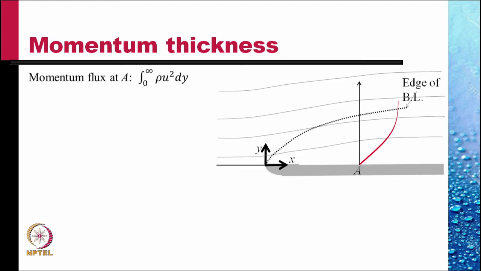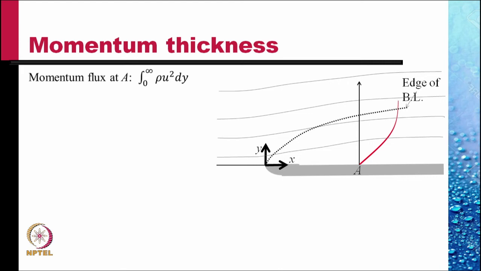Now, the momentum flux at A is the integral across the boundary layer from 0 to infinity of rho u square dy. Here, the mass flux in a strip of thickness dy is rho u dy, and the streamwise velocity is u, so the x momentum is rho u square dy in a strip of thickness dy at y. And the total momentum flux is obtained by integrating this